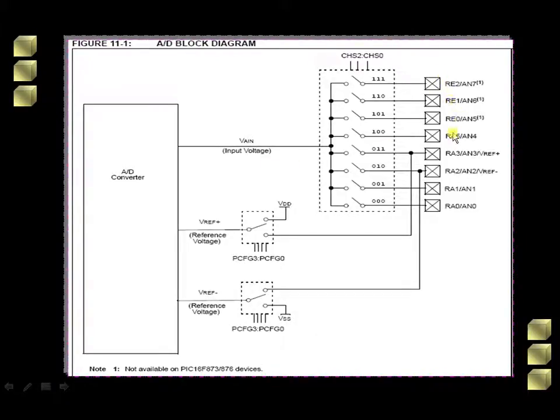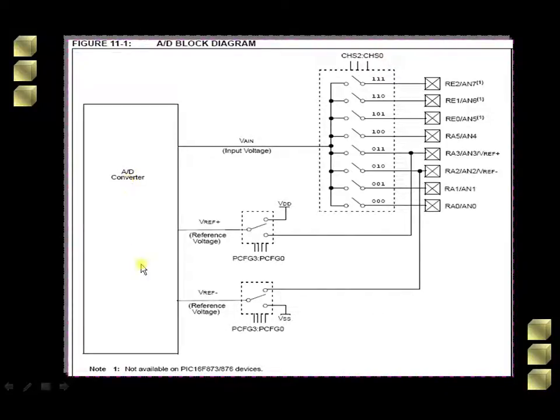As you can see here, RE1, RE0 and RE2, that is port E, and port A, by default will be acting as analog inputs. Out of these 8 analog inputs, only one will be selected, and that particular input will be processed by this A to D converter. That selection is done by selection lines, as you can see here, CHS2 to CHS0. These selection lines are used for selecting one particular input channel. That is given to the converter, which will process that input and give us the 10-bit digital